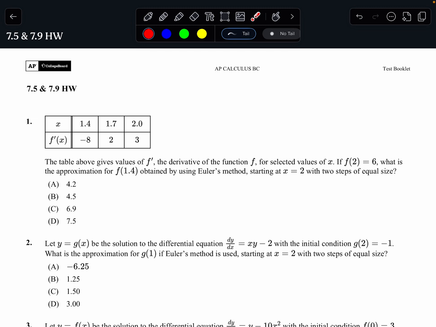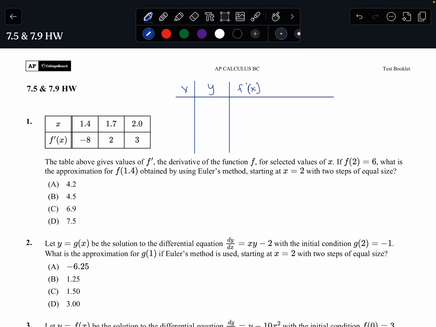So the table above gives values of f prime, the derivative of the function f, for select values of x. If f of 2 equals 6, what is the approximation for f of 1.4 obtained by using Euler's method starting at x equals 2 with two steps of equal size? So let's go ahead, and I like to set up a table. Setting up a table with x, y, and then f prime of x. Now we're starting with